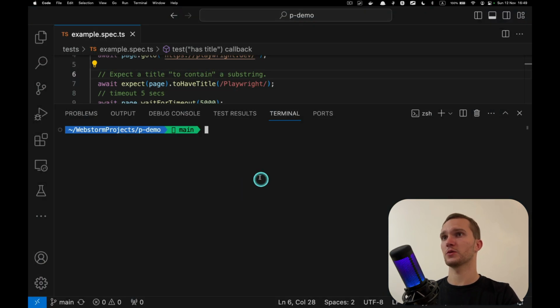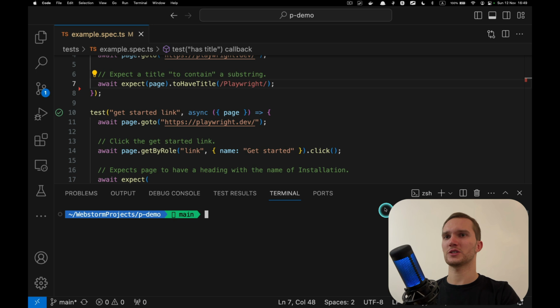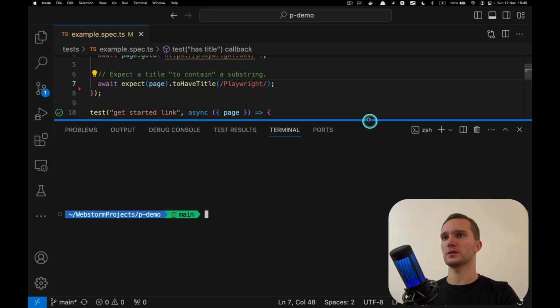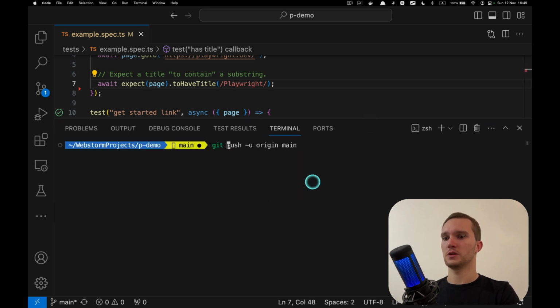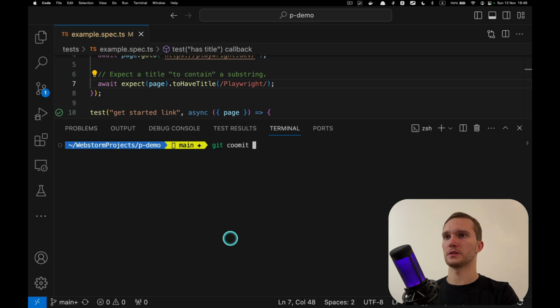And let's quickly go through this again. Let's remove timeout. I'm removing timeout, just reminding you how to work with Git. Removing timeout, git status, okay, only one file modified. Git add this file. Now git commit